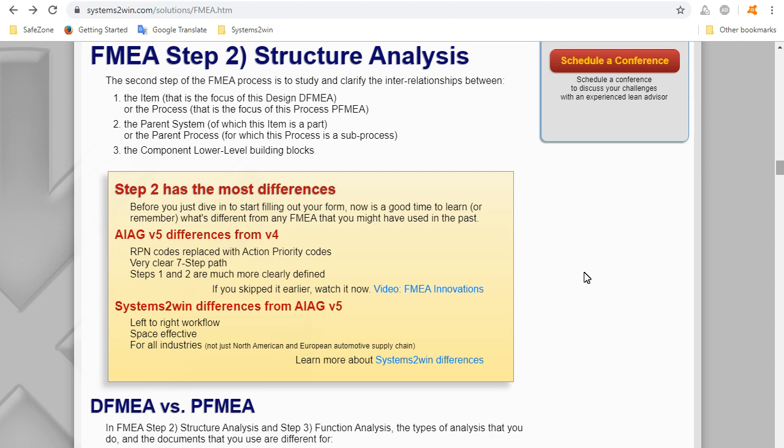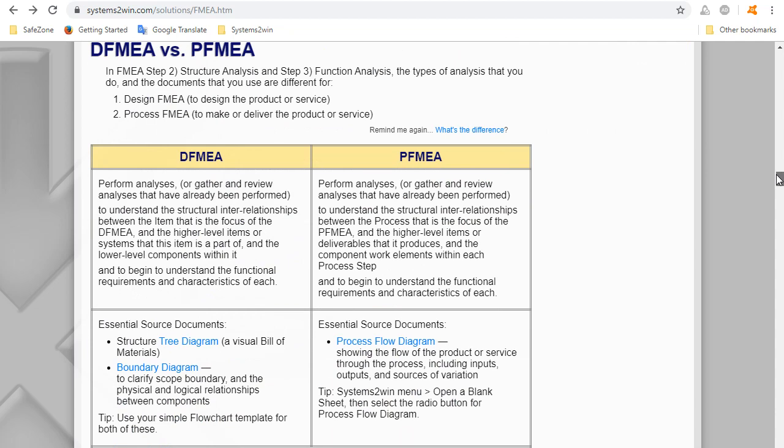All right, let's get to the meat of step 2, structure analysis. Let's scroll down and see that what we do in step 2 is similar but slightly different based on whether we're doing a design FMEA to design the product or service itself, or a process FMEA focusing on the process that makes or delivers the product or service.